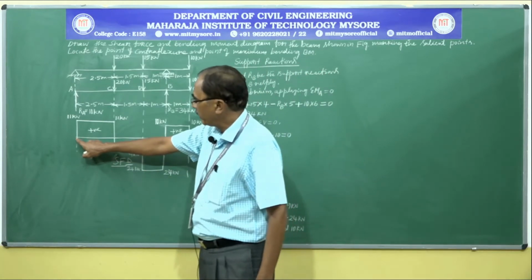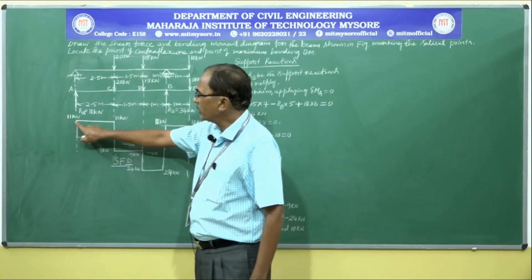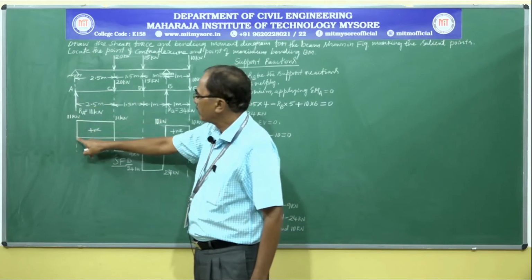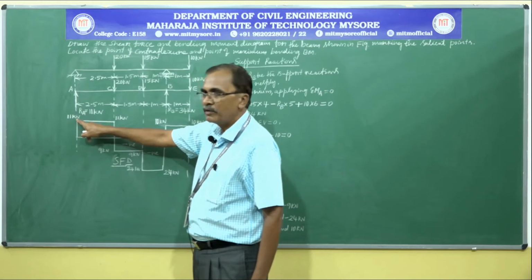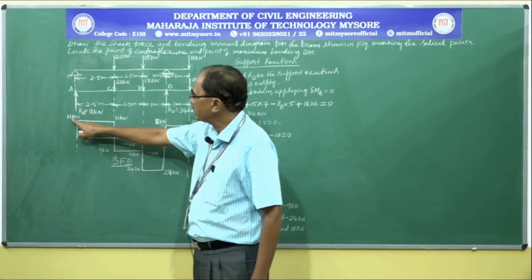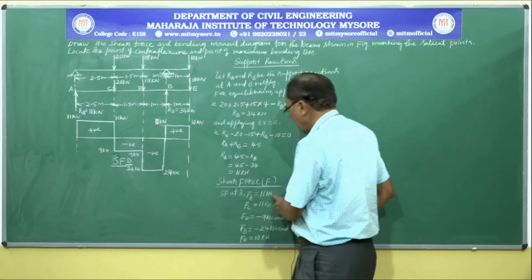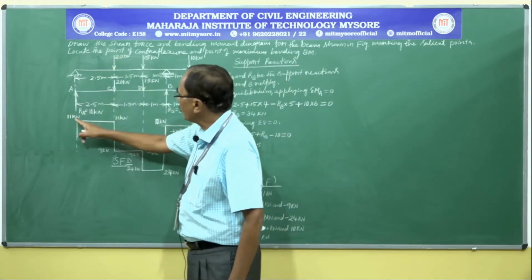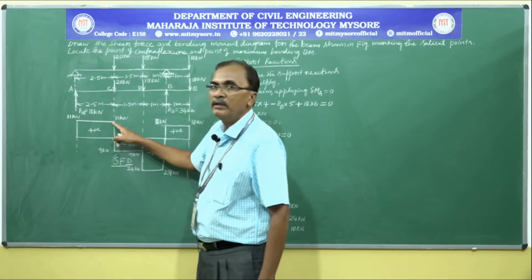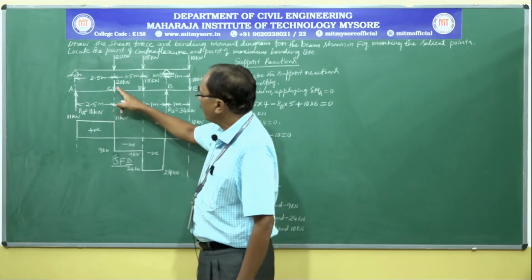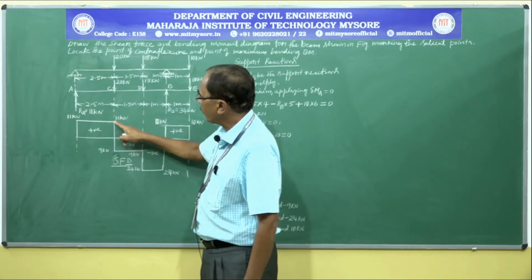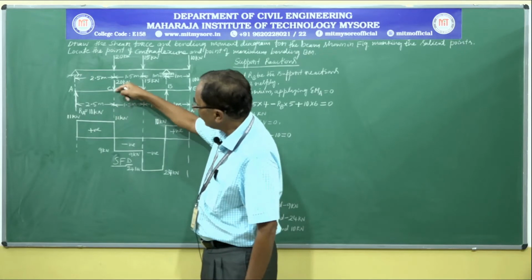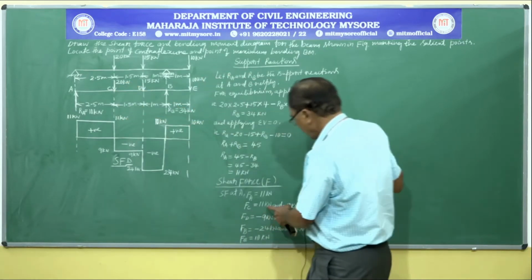We started from point A, moved in the upward direction vertically because there is a point load reaction. So the variation of shear force diagram is a vertical line, 11 kilonewton. So shear force at A is 11 kilonewton. Between A and C no load, the variation is a horizontal line. When we reach point C, again the shear force is 11 kilonewton, same value. Then after reaching point C, this 11 kilonewton we have written here.